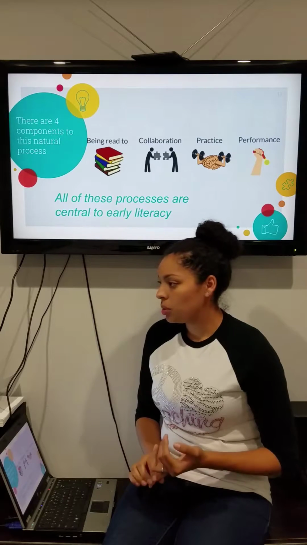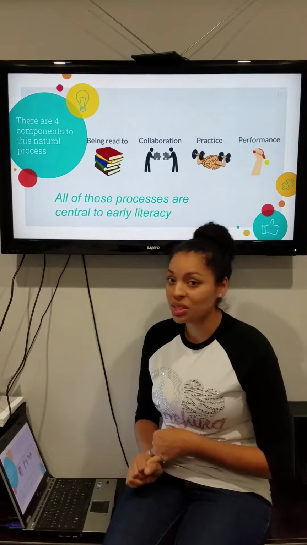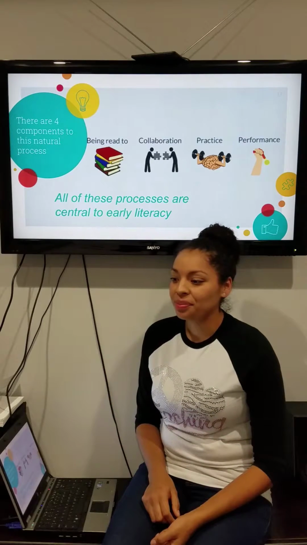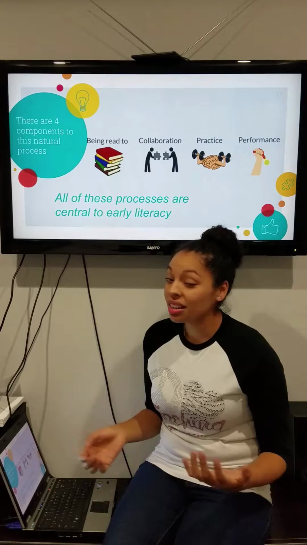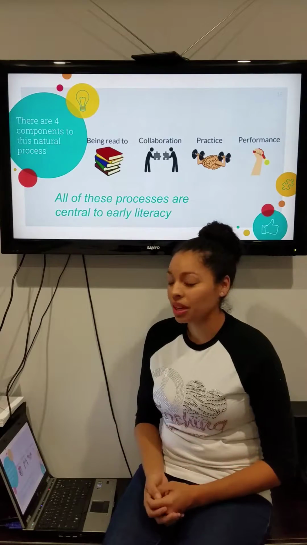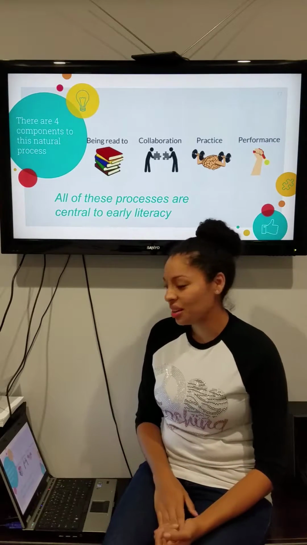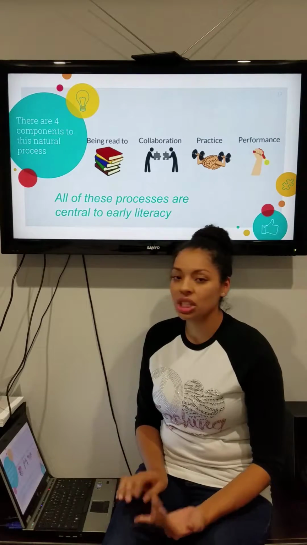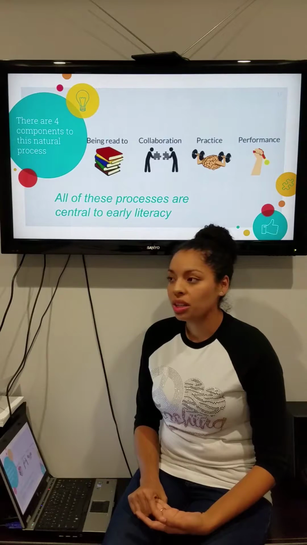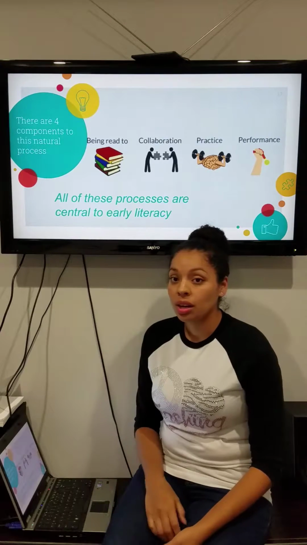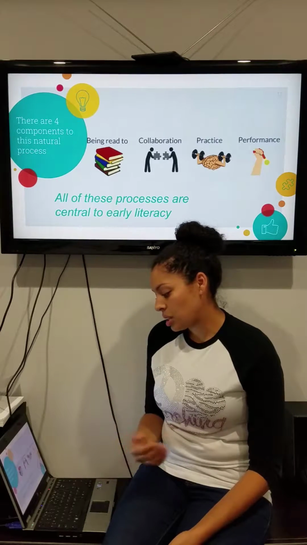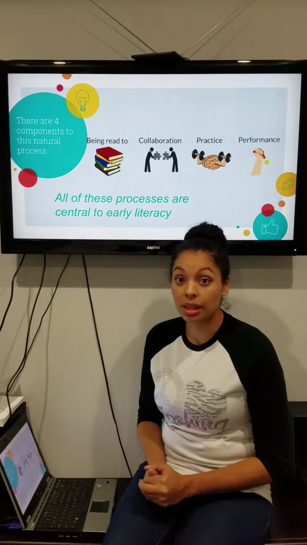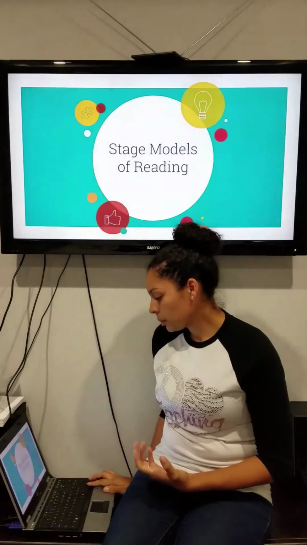Of course, we know we get better as we practice, and I always tell my students, and that's why I put a little picture of a little brain there working out, because I tell them, your brain is getting bigger, you're reading, you're practicing, that's the only way you're going to get better. So your brain is a muscle, you got to exercise your muscles. And the last is performance. Of course, they want to feel a sense of accomplishment, reading in front of others, or maybe reading to you, seeing their progress and seeing their growth, and all of these are central, I think, to early literacy.